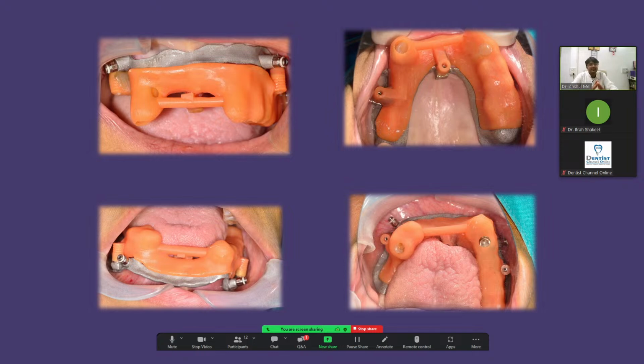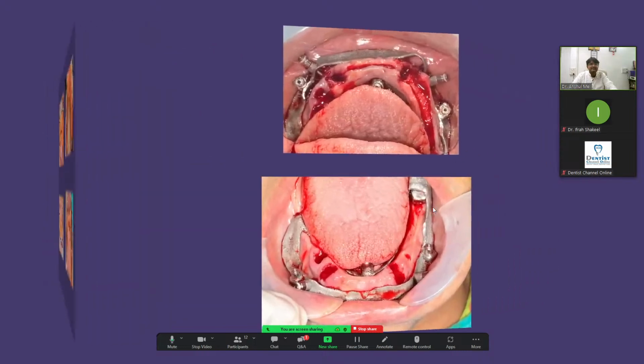So the first part is the orange part, which is a splint, and the base part is screw retained with it. We take a reference of teeth, we fix it, and then we use an anchor pin to stabilize it inside the mouth. Okay, you can see, with the reference of the tooth stabilized, we take out the screw of the orange part, we take the orange part out of the mouth, so we can see all the teeth,